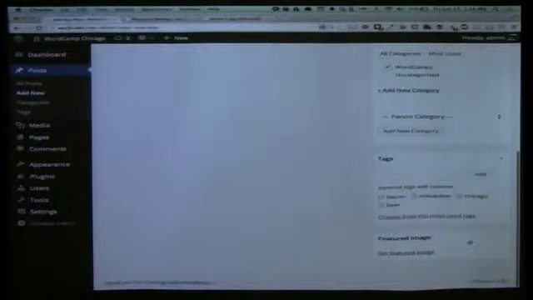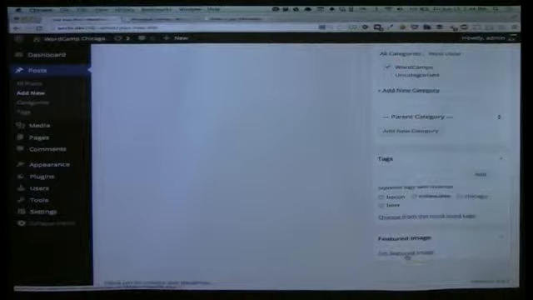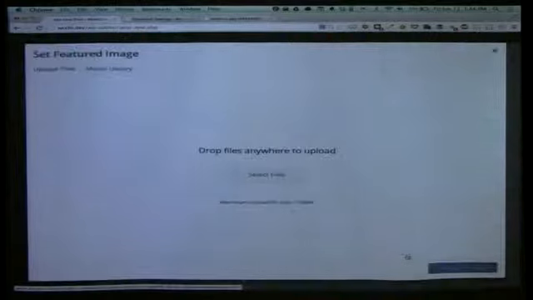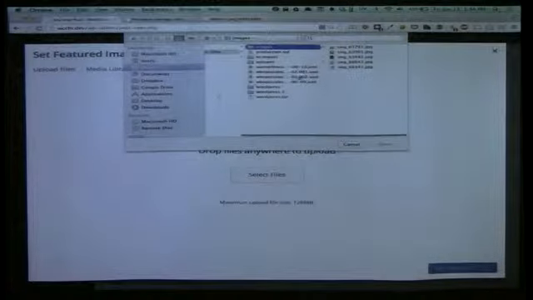So what we have down the bottom too is a featured image. What this is for is some themes will have featured image areas along with their posts. So maybe you have your blog post, and above it you have like a big header image that changes for each blog post or for each page. Or maybe off to the side of your blog post, there's a little image. That's typically your featured image on a post or a page. So we're going to select a file,